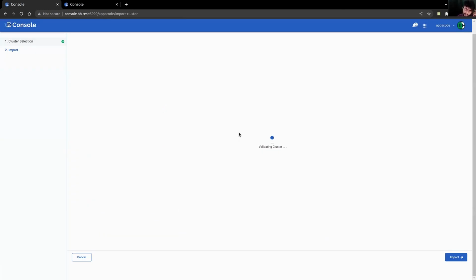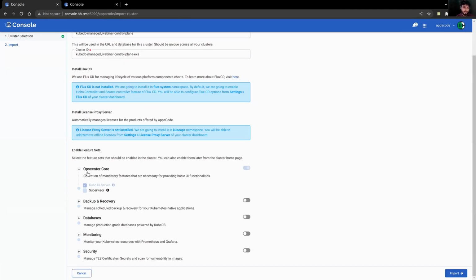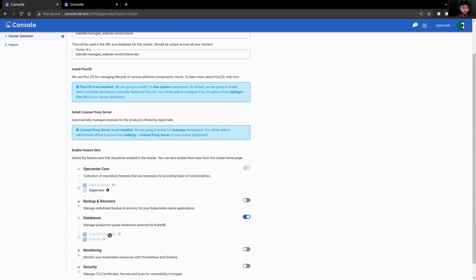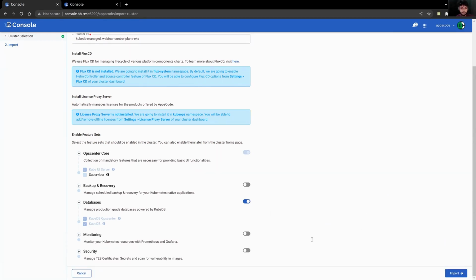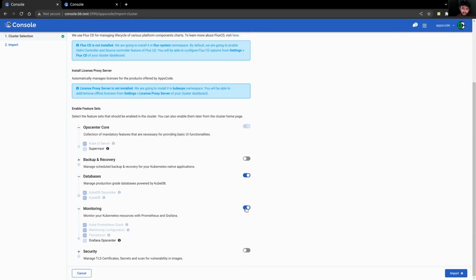So once we have this page, we can see our feature sets here. If we enable the database feature set, it will automatically select the KubeDB option and KubeDB feature. You can also enable the monitoring and security part, but for simplicity, we are